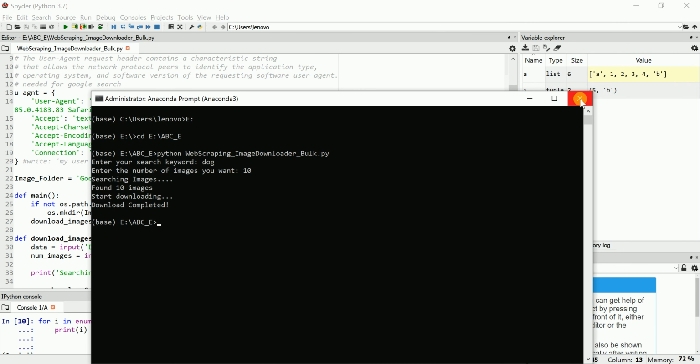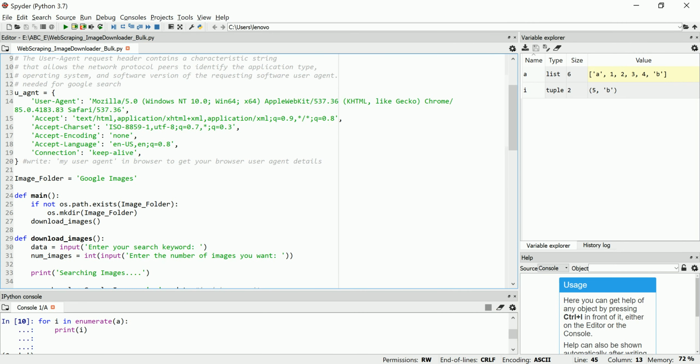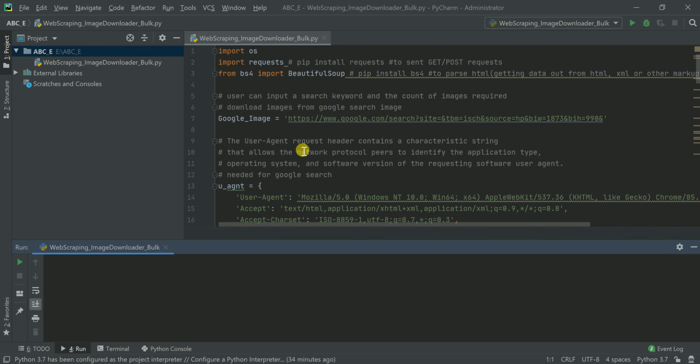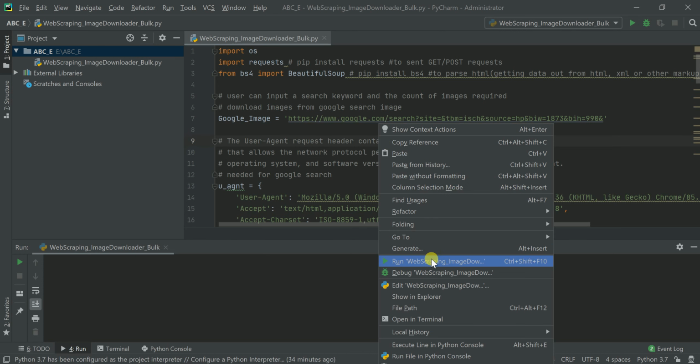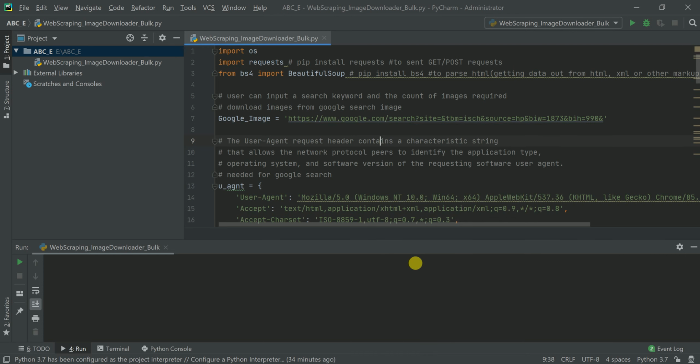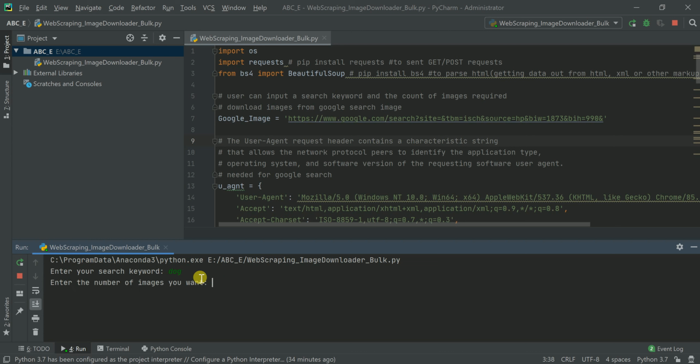So we are done with this, and if you are working from PyCharm, then this is the file. You can directly go here. I'll show you how to run from PyCharm also. You can just right click here and run this file. Then from the terminal you just need to mention the keyword, say dog, enter.